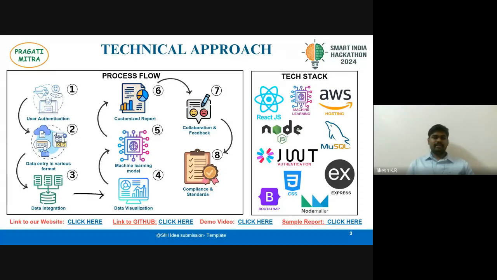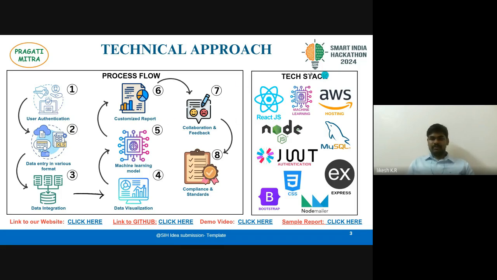So what if I say our portal makes that report within a single click? This is how you can propose to your judges. You should frame a proper customer use case so that it is actually understandable by the judges. It need not be reading out the problem statement. It should be something that is visualizable. So make sure that you pitch in that way.